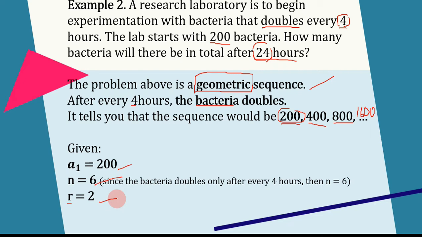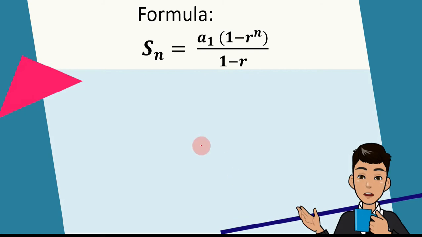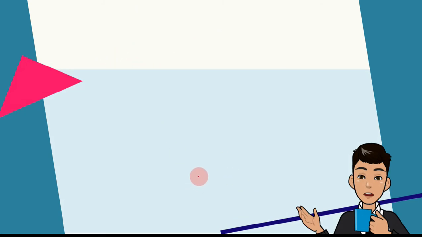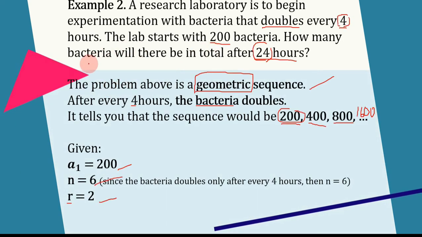At kapag nagawa mo na yan, it will be easy for you, class, to use the given for our formula. And this is our formula for that geometric sequence, the sum. Okay. So, kasi kailangan dito, class, balikan natin yung slide. Ang tinatanong kasi dito ay yung sum o yung what is the total bacteria. How many bacteria will there be in total? Okay, ibig sabihin i-add mo lahat magmula sa una, sa starting number, hanggang sa pinakahuling number na makukuha